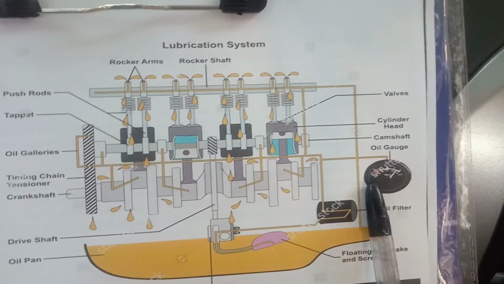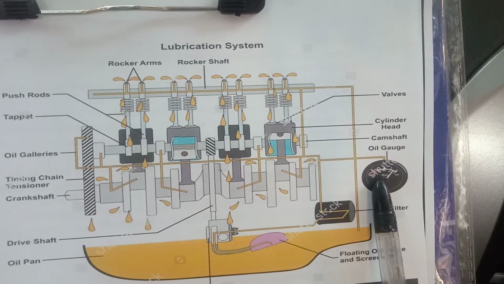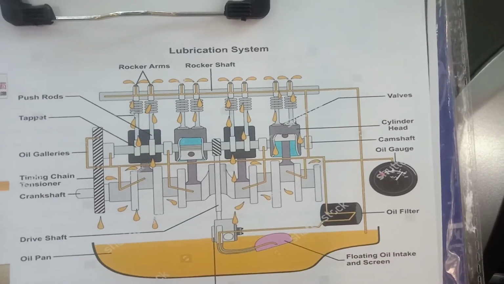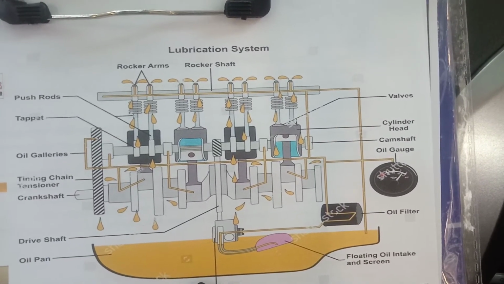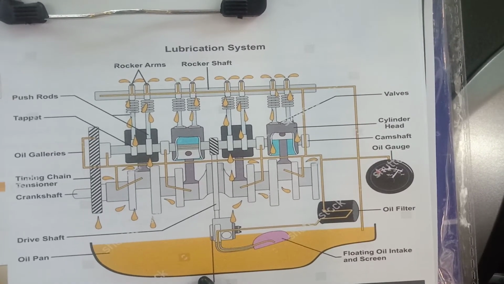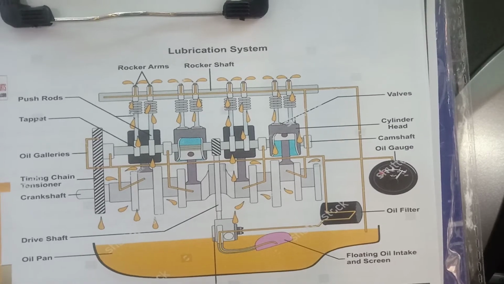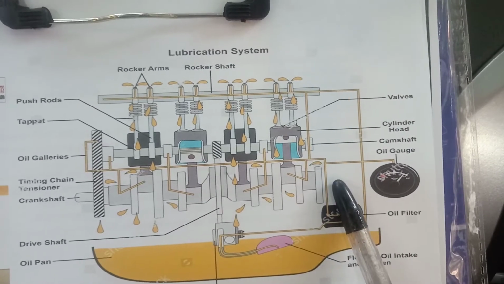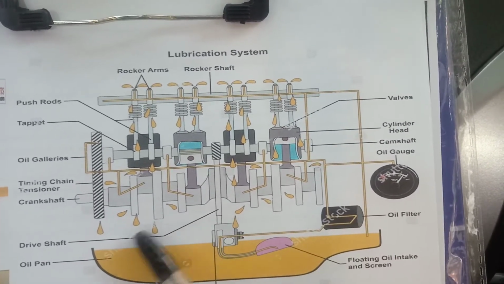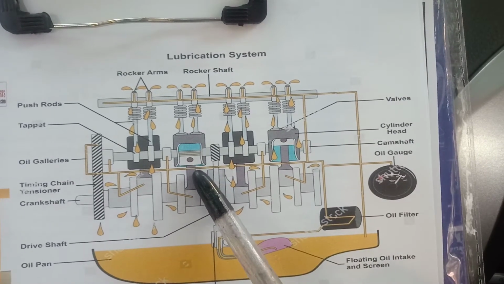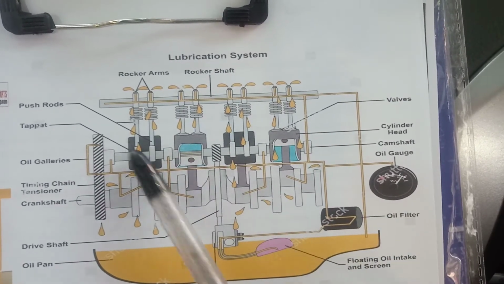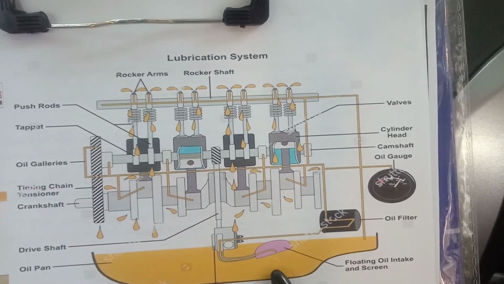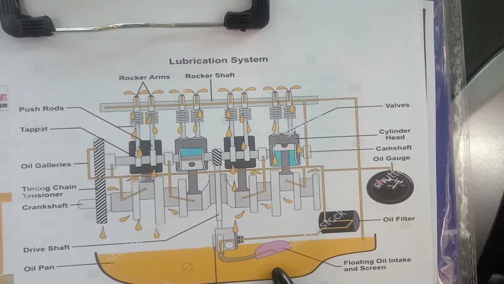So the driver has to always check the recommended oil pressure while running the vehicle. So this is the working of the wet sump lubrication. Now what is the advantage of wet sump lubrication? The advantage is that very intricate parts of the engine can be very easily lubricated due to pressurized lubrication, such as the big end bearing, small end bearing, camshaft, crankshaft, and timing gears. All these gears are thoroughly lubricated. This is the most important advantage of pressurized wet sump lubrication.